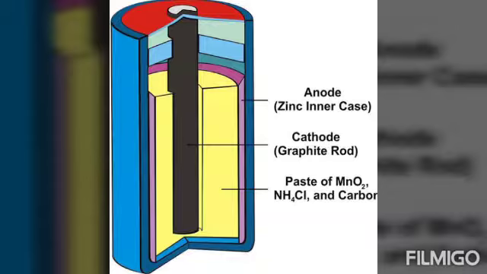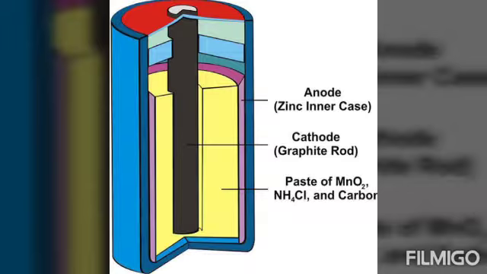So a question may be asked in the exam: dash acts as a positive terminal. The graphite rod at the center of the cell acts as a positive terminal, while zinc metal acts as a negative terminal. Now, between these two layers, a paste of manganese dioxide, a black color powder, is filled outside the rod.